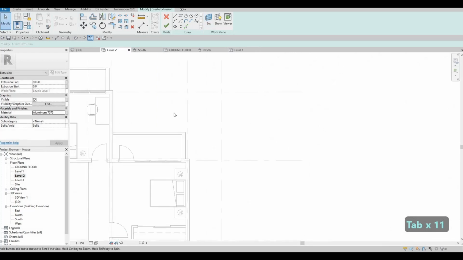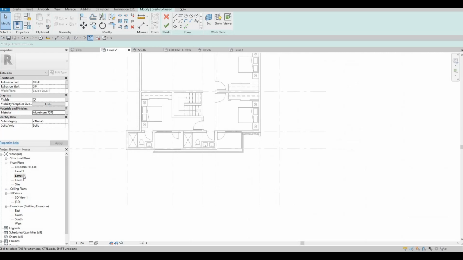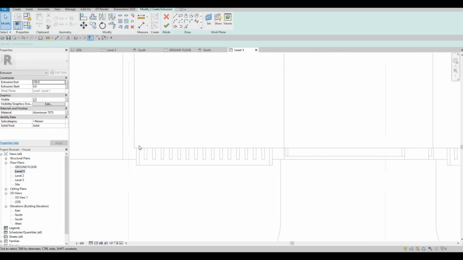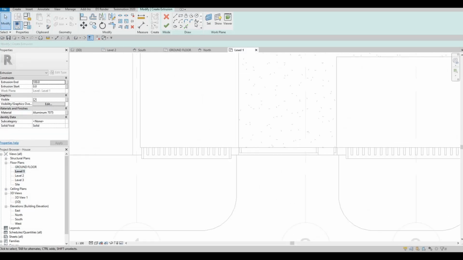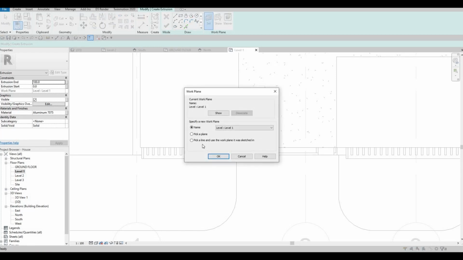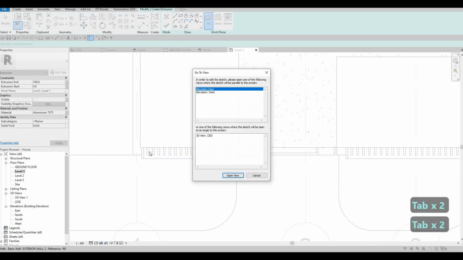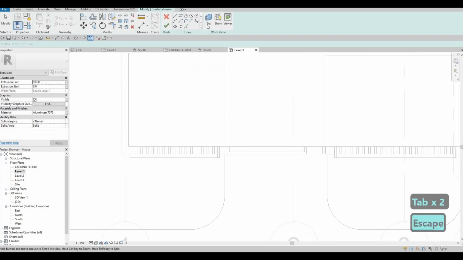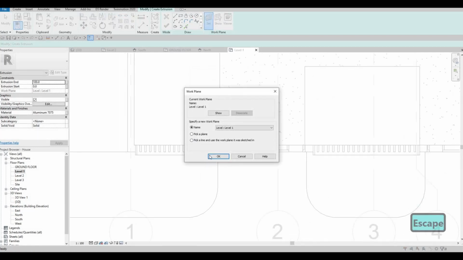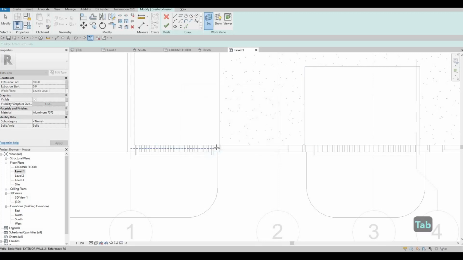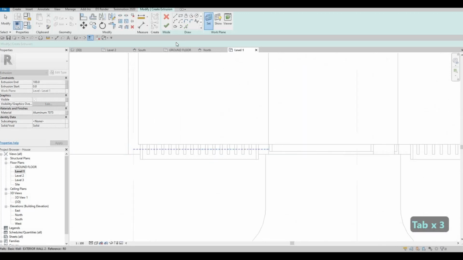So maybe level 2. In level 2, it's not visible. But here, we're not able to select it. So give me a second and let me try and select this. Even right here, it's not selectable. So what I'm gonna do is I'm just gonna set this one to level 1, and then we're gonna extrude